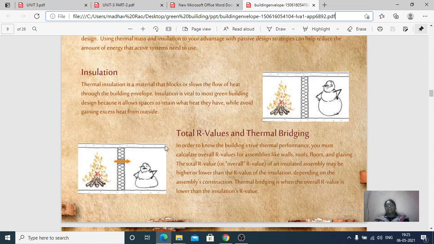So see here, if we are allowing the heat from the outside, then there will be no difference between the conventional building and the green building. So in a green building, what we will be doing is taking the thermal insulation inside, so that the hot air which is present outside could not enter inside. The hot air present inside may be cooled and allowed to enter as cooled